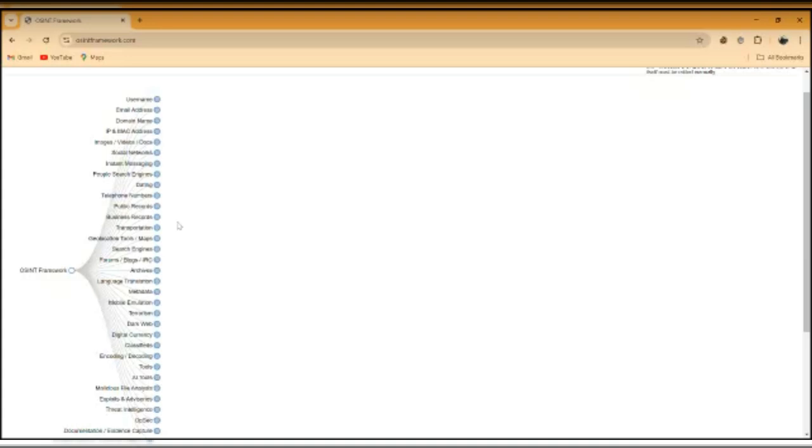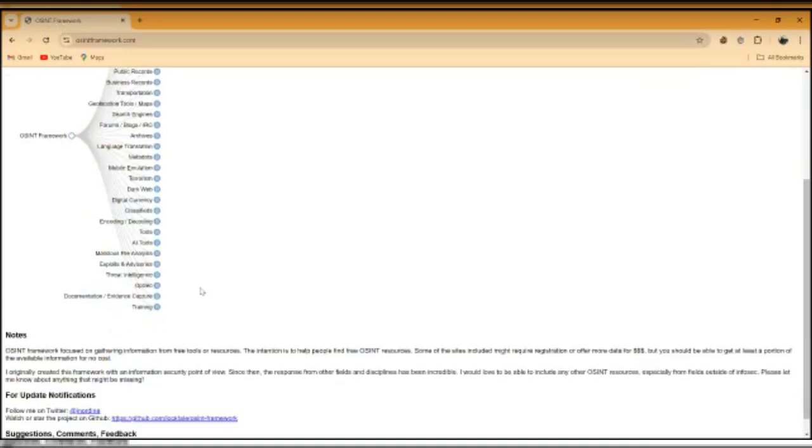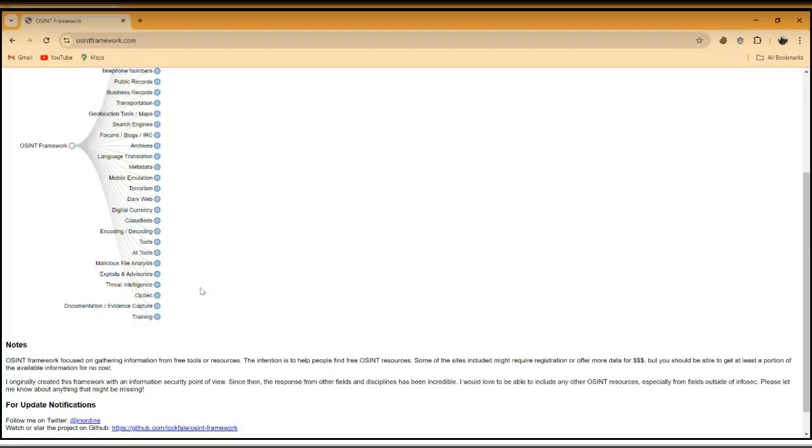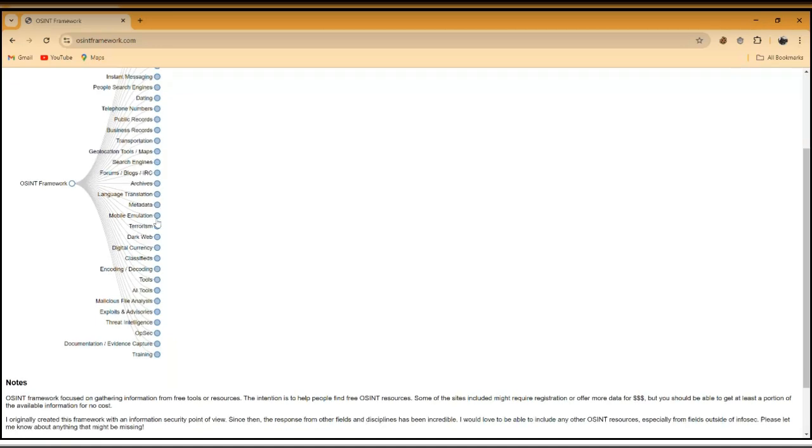Now, I'm sure the definition of OSINT is already clear to us all, and we also know the importance of OSINT. What you are seeing on the screen here is the OSINT Framework, which I'm going to talk about. It's a very nice tool used for OSINT alongside other tools. This is the first one I will talk about before delving into other tools. So what do we use OSINT for? We already know: vulnerability assessment, scanning for exposed data, threat intelligence, and incident response. That one is for the blue team.